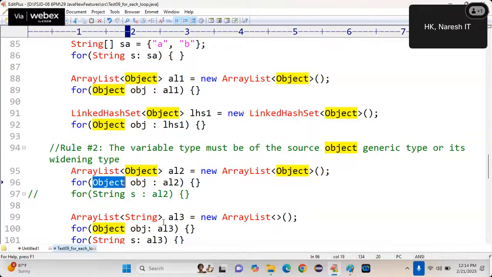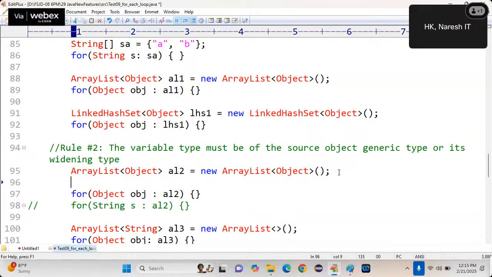Now tell me. Here can I take string? Actually, the objects available in array list is string. al2.add("A"), al2.add("B"), al2.add("C").